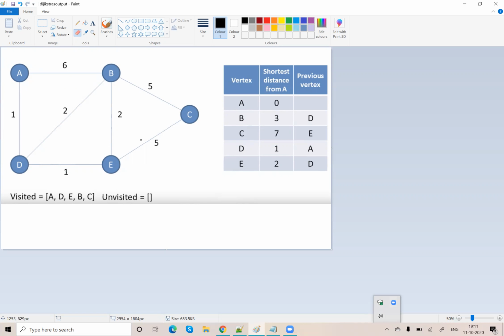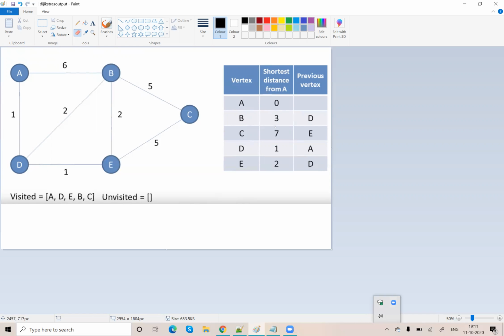Among 2 and 5, minimal here is 2. So I will visit the next vertex as B. But to visit B, I have to calculate the shortest distance from A. So I can travel only from an already visited vertex. So the vertex selected is B